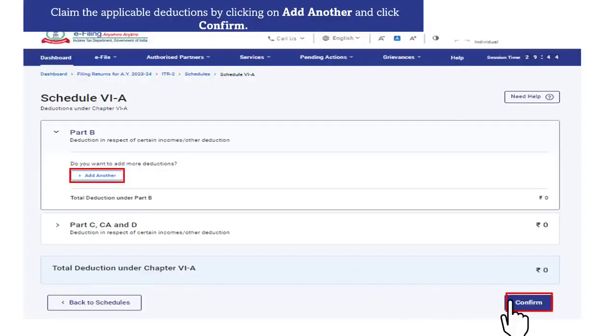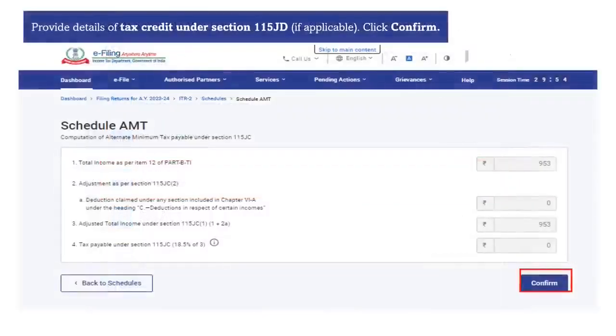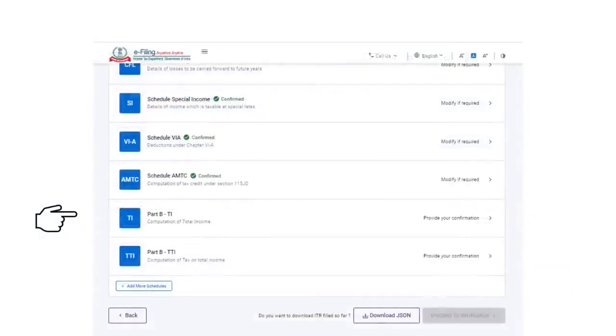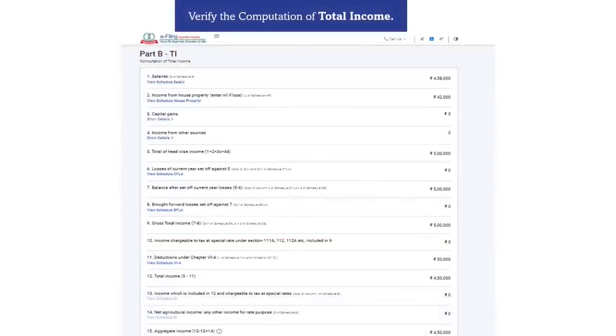Once the Schedule 6A is confirmed, you can confirm the Schedule AMTC. Schedule AMTC is the computation of alternate minimum tax payable under section 115JC. You can provide the details of tax credit under section 115JD if applicable and then click on Confirm button. Once the schedule AMTC is confirmed, you are required to confirm Part B total income. You can verify the computation of total income based on the information provided by you in the earlier schedules. After confirming the schedule total income,